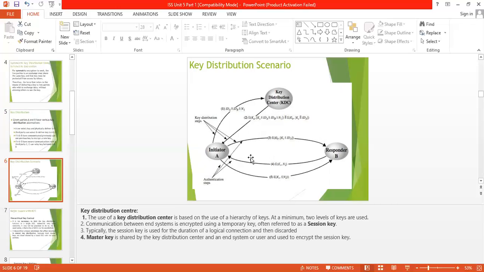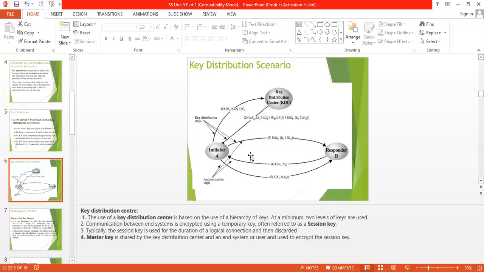There are a total of 5 steps for key distribution and authentication. First of all, the sender A sends IDA, IDB, and N1. IDA is the identifier, meaning the network address of A. IDB is the network address of B, and N1 is the nonce, also called the random number, of A. The KDC provides information about the session key and the master keys. The master keys are KA and KB. KA is the master key for A, and KB is the master key for B.